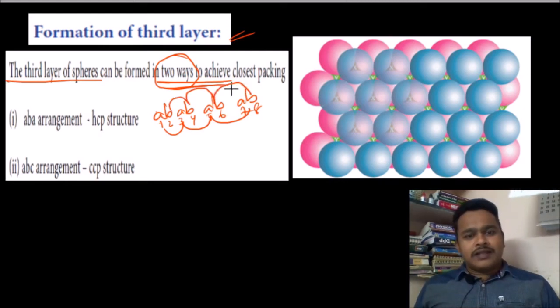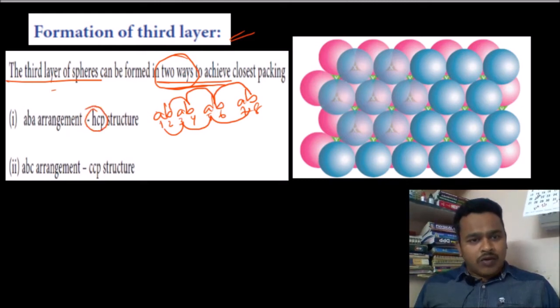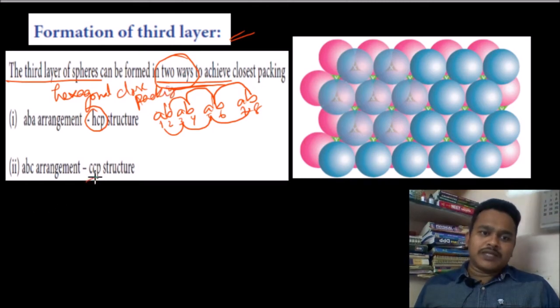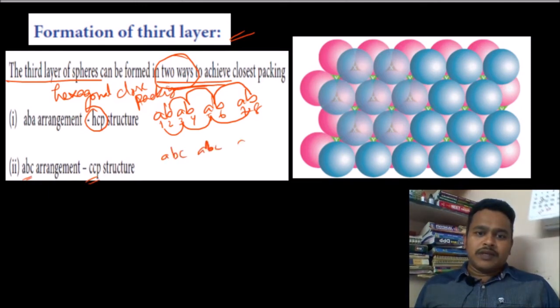This arrangement is called HCP, hexagonal close packing. What is this called? Hexagonal close packing. Now the CCP structure. What is this arrangement? ABC, ABC, ABC.